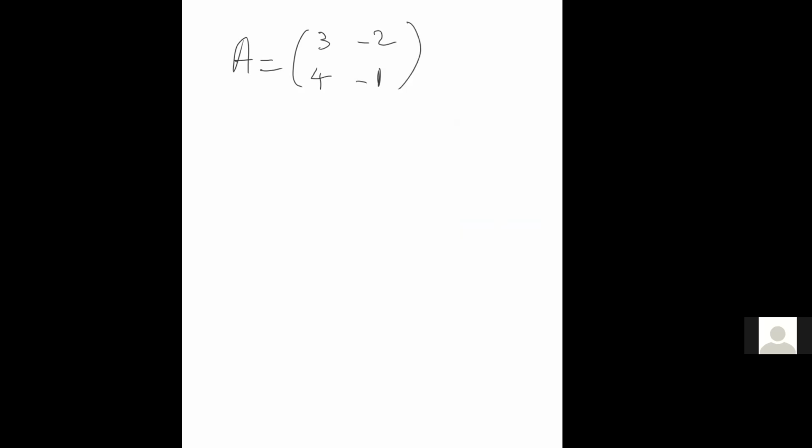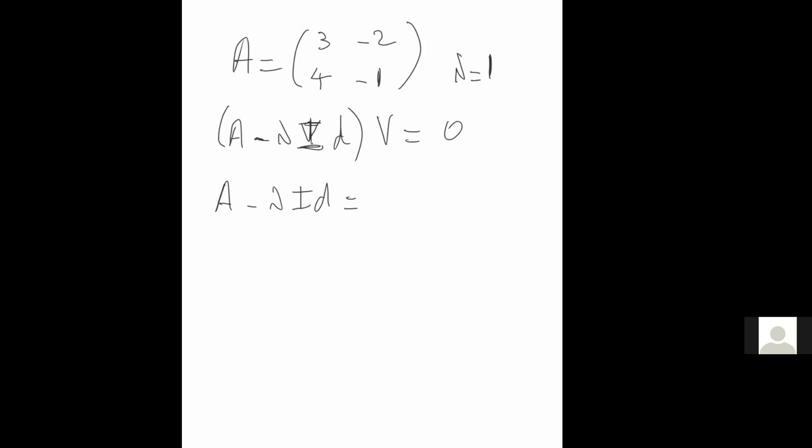And I look for a V such that A minus lambda times the identity, V, equals 0. So I recall that my lambda is 1 minus 2i. So A minus lambda identity gives